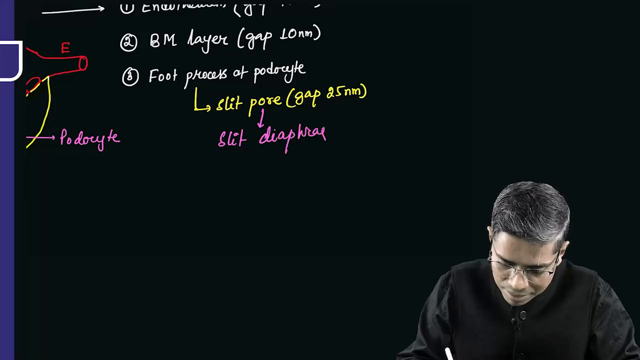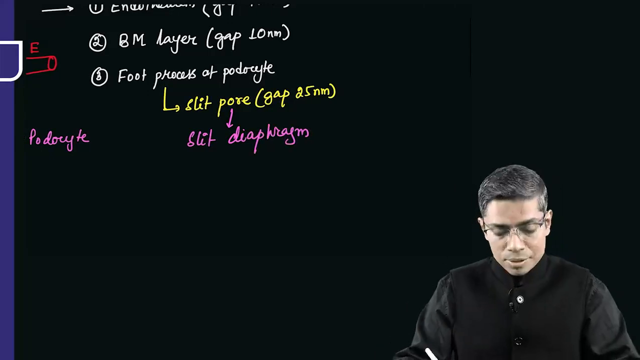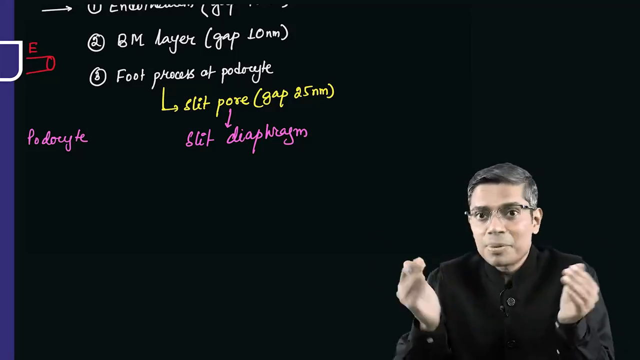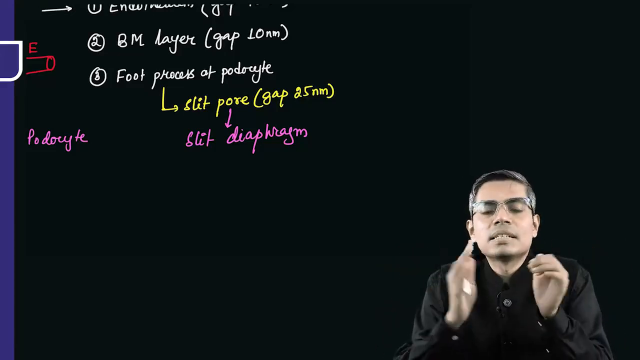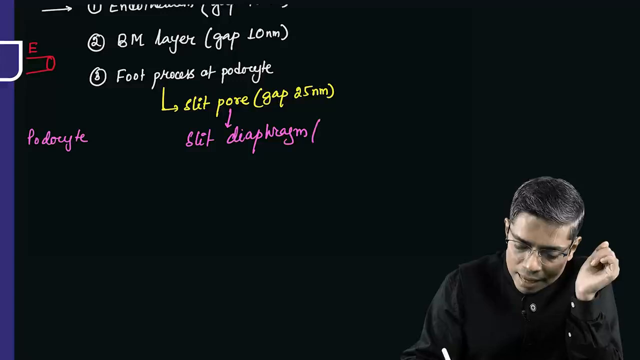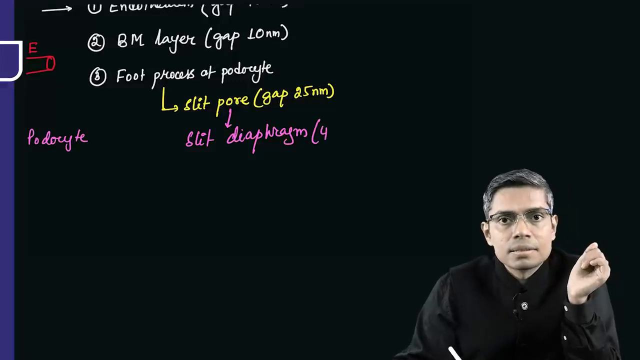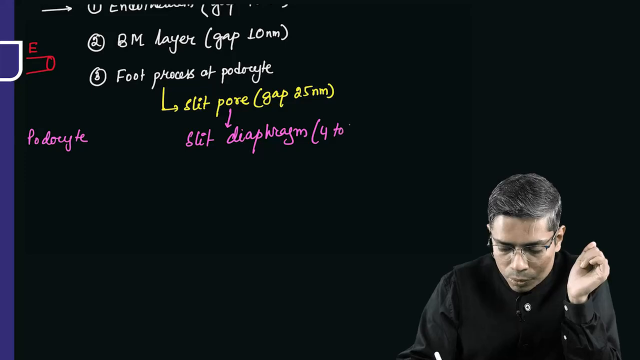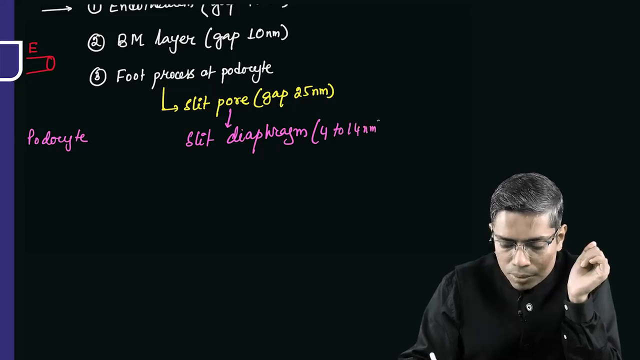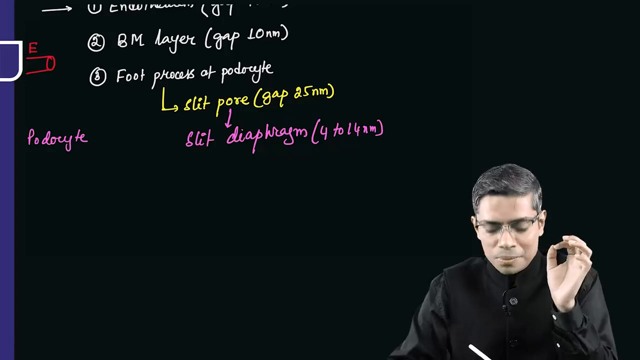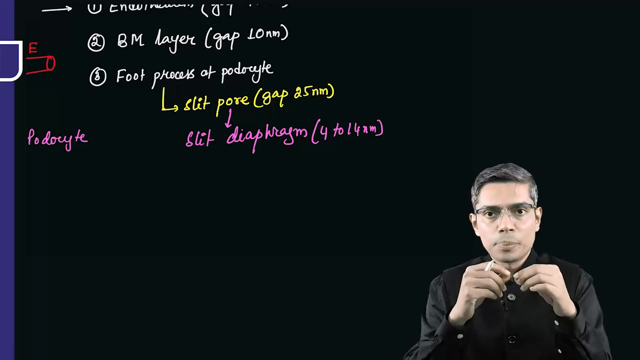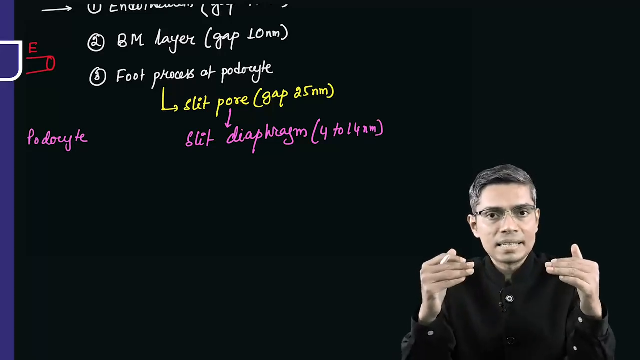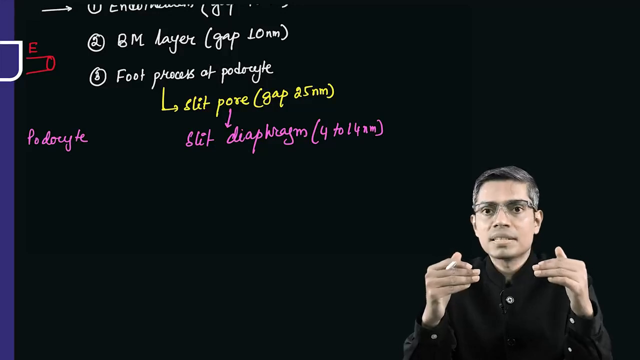Okay, slit diaphragm. And the gap which is present in this diaphragm also. So the diaphragm is also not a continuous barrier. It also contains small gaps, and the gap which is present in this slit diaphragm is 4 to 14 nanometer, right? So you know that this slit diaphragm is nothing but a membrane-like diaphragm which consists of various